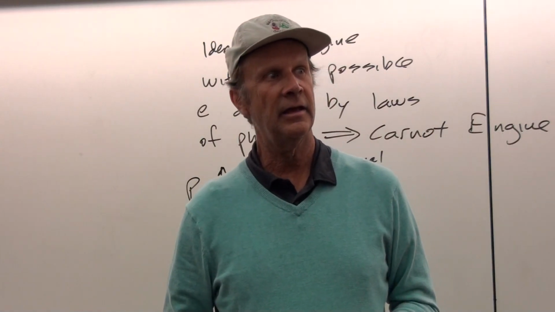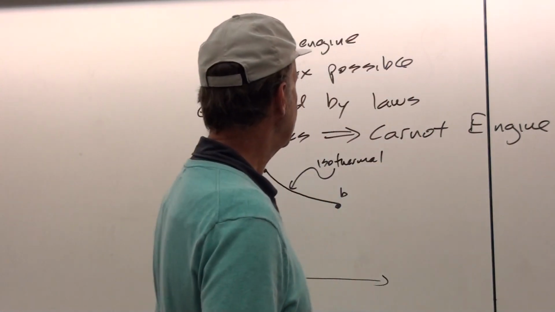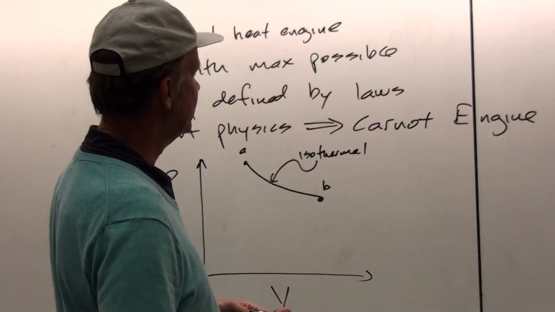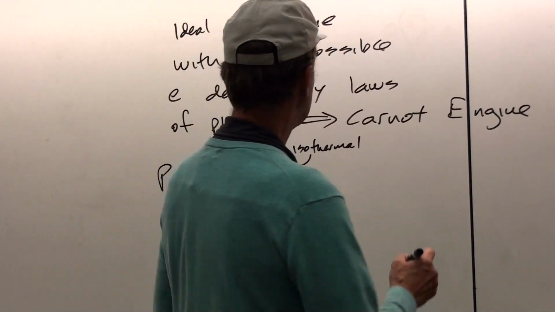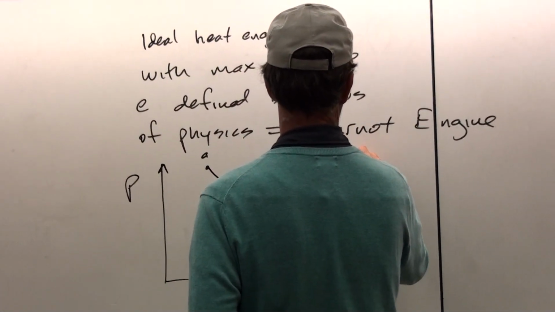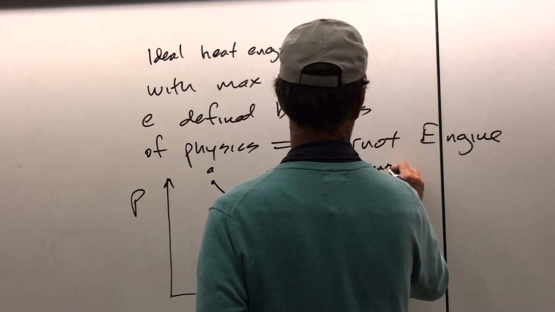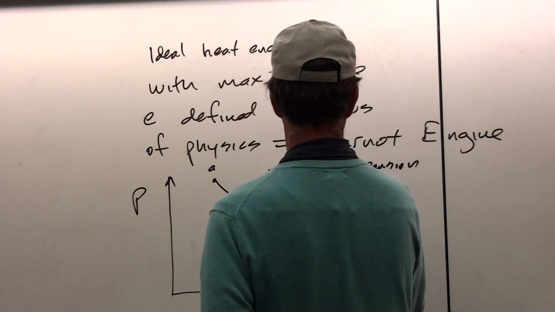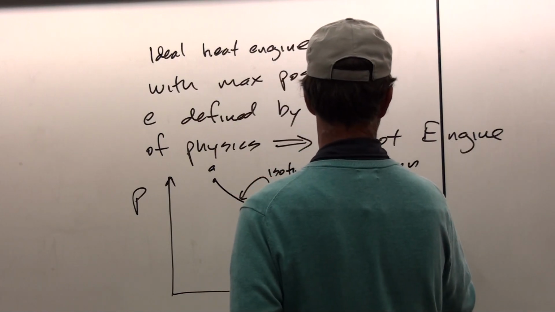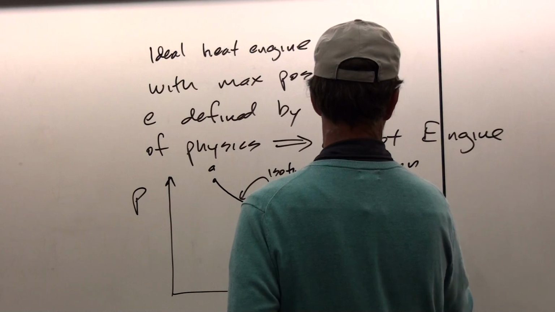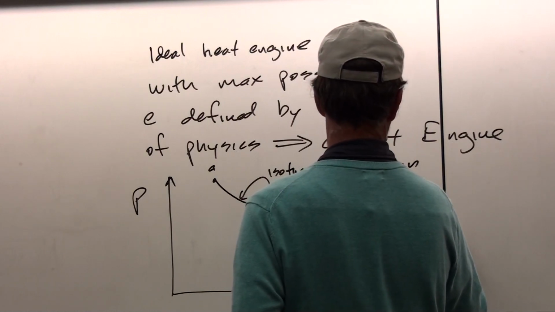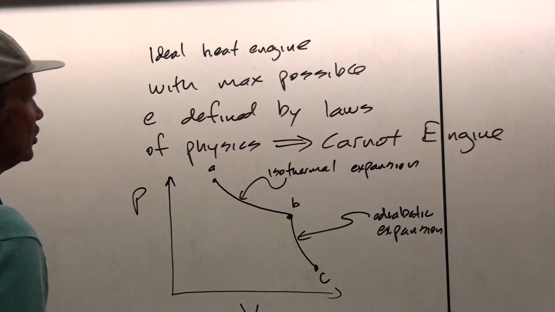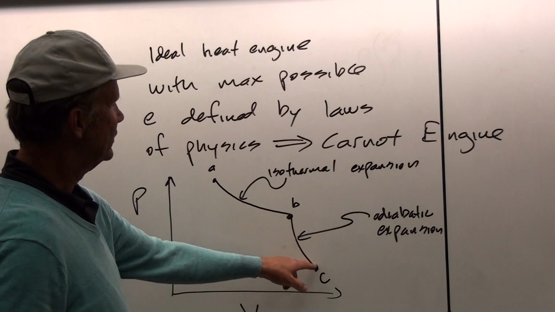But while it's doing that, it's going to do so because of a difference in the temperature. And so this isothermal expansion is the first part of this. Then from B to C, we have an even steeper curve here, which is called an adiabatic expansion. So it's allowed then to expand quickly with no change in heat in the system.